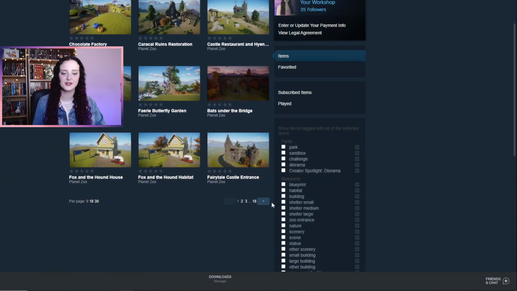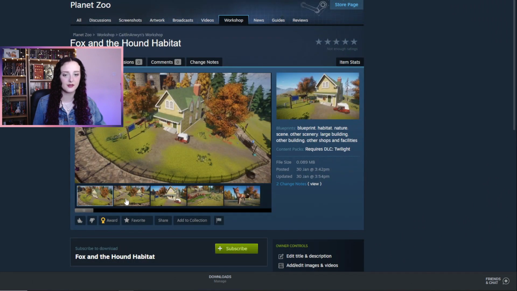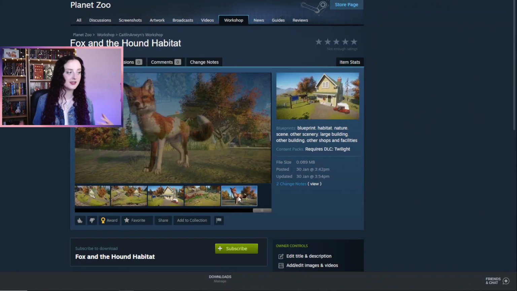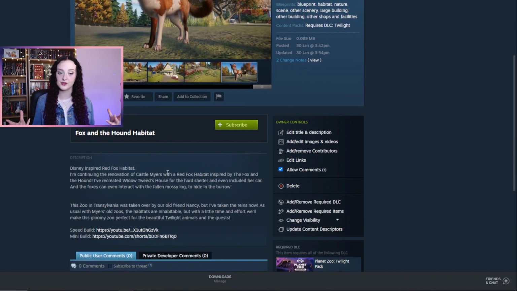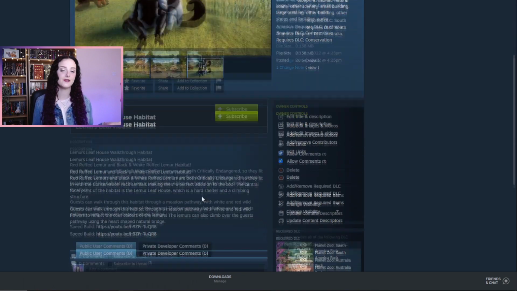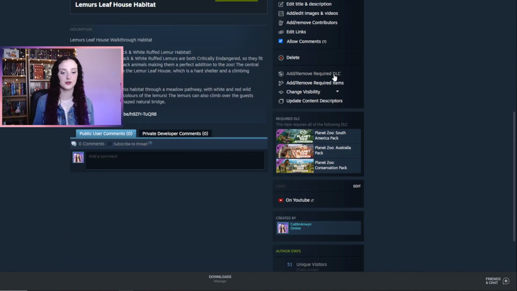Again, you can then go into your own workshop, then the one you've just uploaded. I would always recommend adding more images, especially to things like habitats, because you can't always show the entirety of the habitat in the first thumbnail image. So add different angles, show off the animal you've made the habitat for,